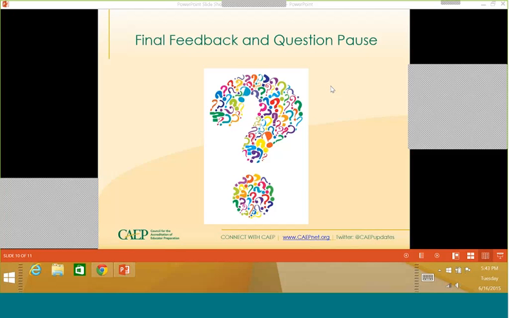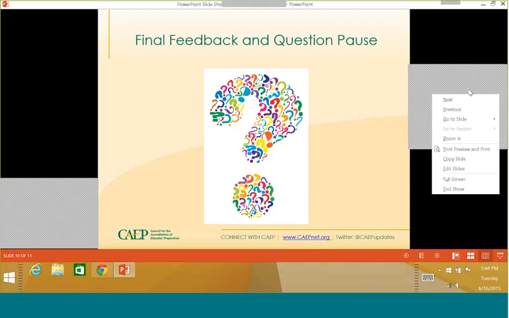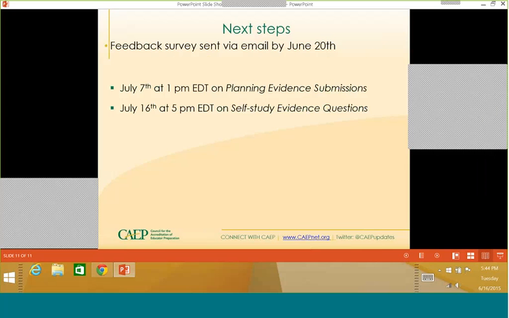But I suspect it's going to be past the point where you're going to need to see it. I know I'm being a bit facetious there, but the next couple of years anyways, lots of plans will be submitted, and I suspect that the next thing we can hope for in a timely manner is that rubric for assessing plans, and I'll be certain to let you all know when that's available. I will be sending out a feedback survey,